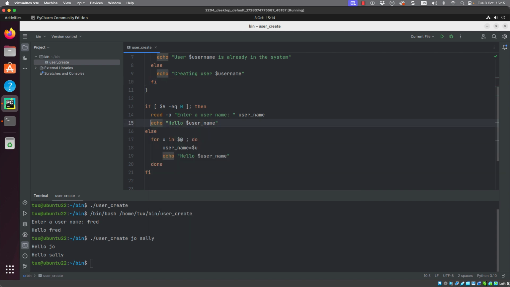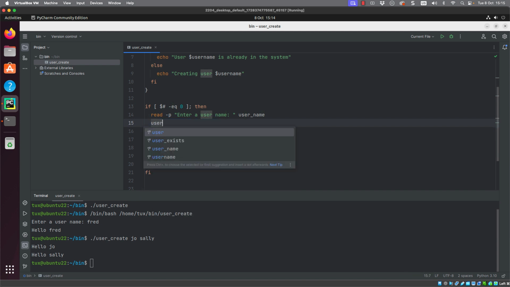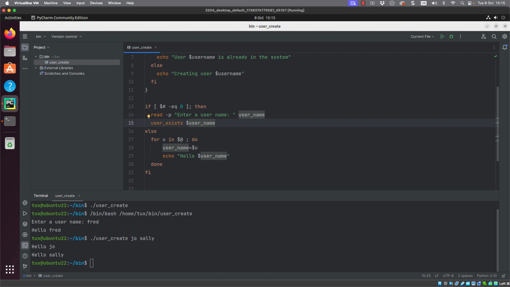Now, when we look at our main block of code, instead of echoing out the hello username, we can go through and execute our user exists function. And we can go through and specify the $1 input parameter of username.